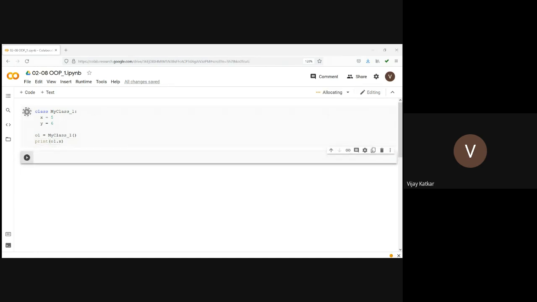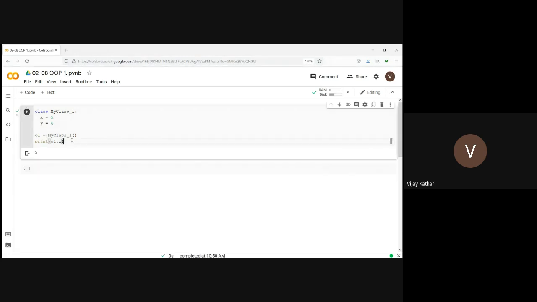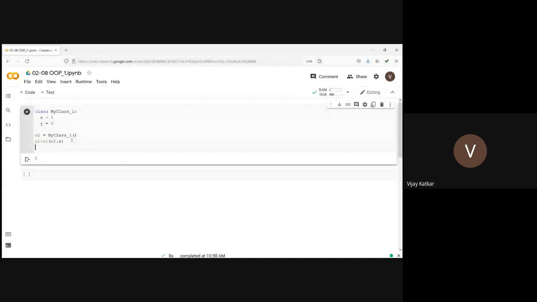So here what I'm trying to do is create the object of a class and then simply print the value of attribute x, which is available in my class. Since it is the first program in this notebook, it will take some time to run. Okay, it's saying 5.